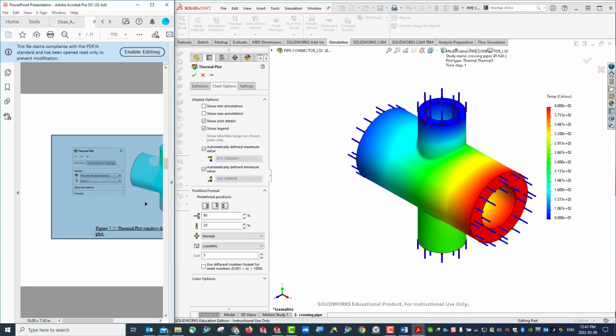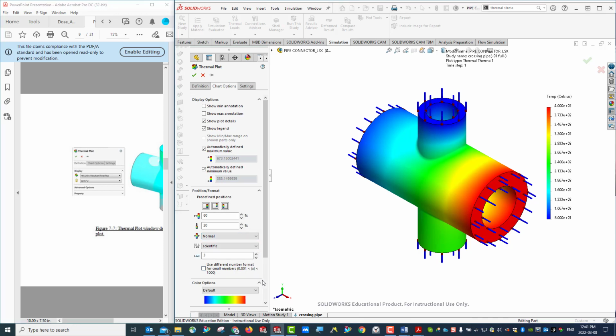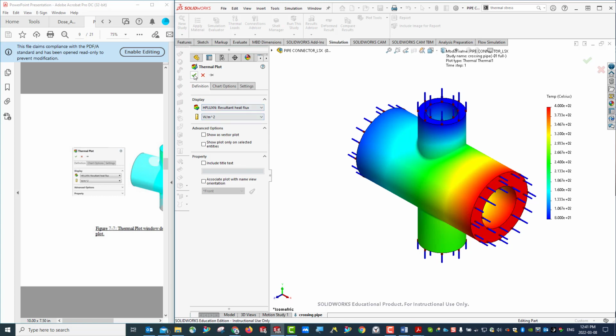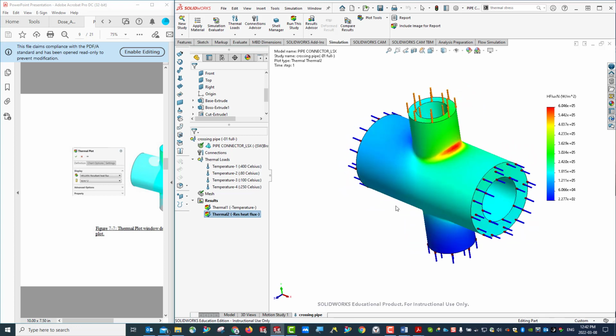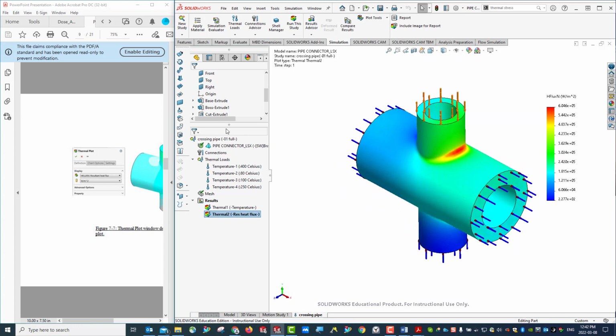We're going to accept the default settings so far. Hit OK. Now you can see the heat flux is being distributed here. Okay, the largest heat flux is here. We can also create a